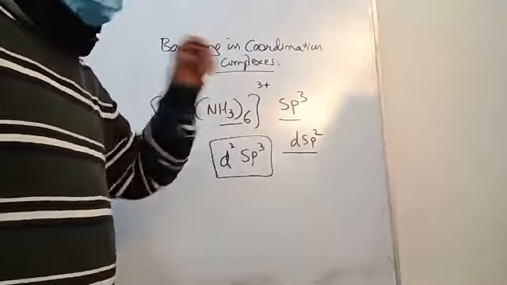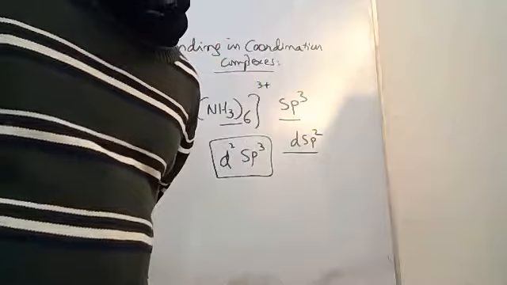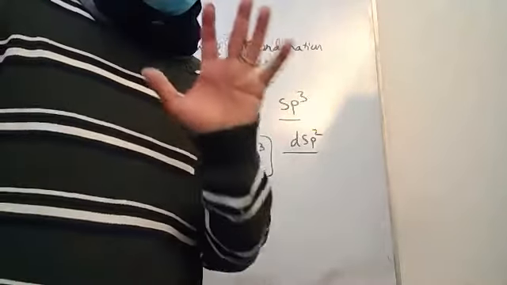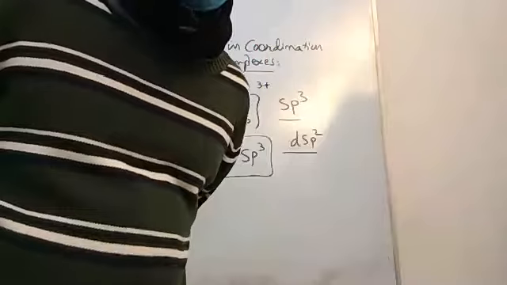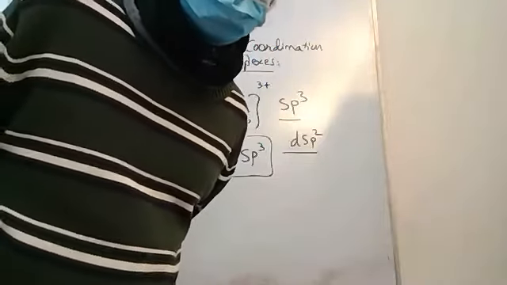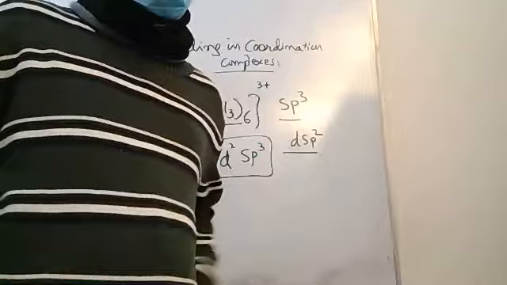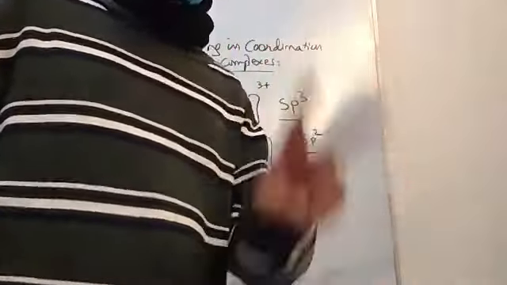What's happening here is, when you use the hybridization model, there are a couple of things that Linus Pauling could not explain. So even if you're a Nobel laureate, it doesn't mean that you know the solutions or answers to everything. Linus Pauling was very great in terms of chemical bonding for simple molecules. When it comes to coordination complexes, the simple hybridization theory fails for two reasons.